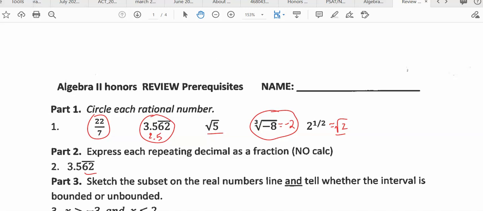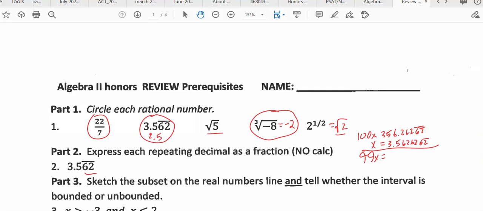So I think we take the original number and do x equals 3.5, and I'm just going to write a bunch of 6 2's. And then you would multiply by 100 because 2 digits are repeating. And so that would be 356.262626, etc. That eventually repeats. And then you're going to subtract, you get 99x